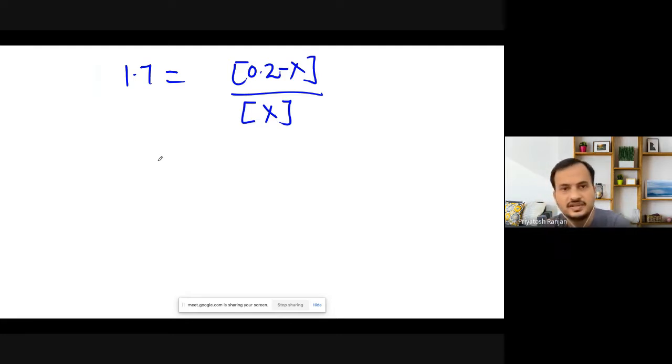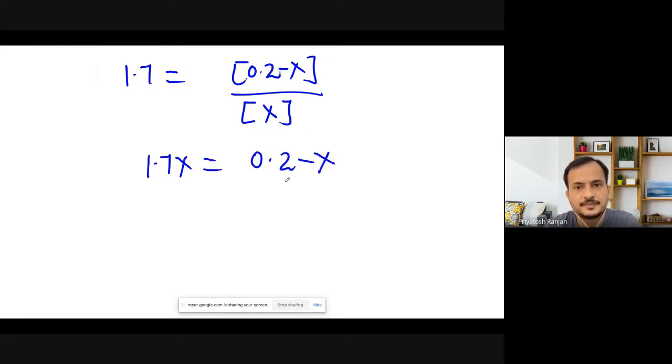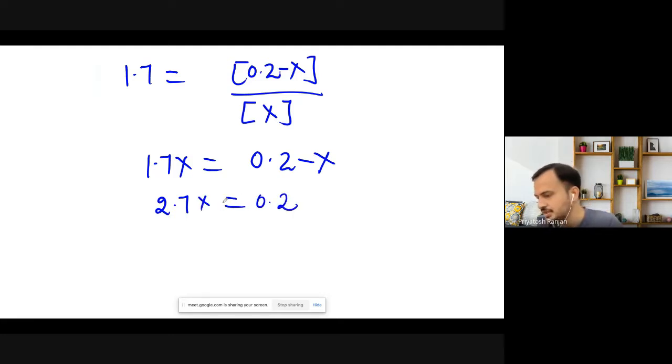Try to solve it, and we'll get 1.7 X equal to 0.2 minus X. Remember, it's going to be 2.7 X equal to 0.2. So X is going to be 0.074 molar,